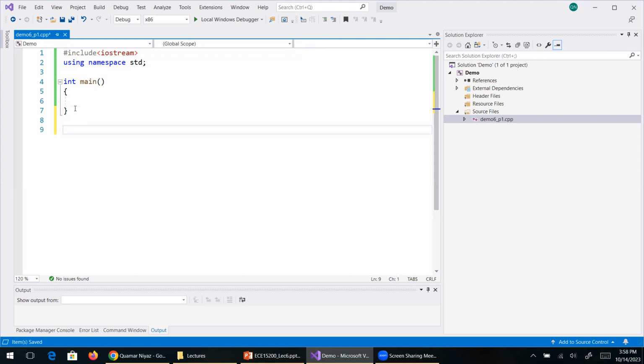Okay, so here to define the function, we should know what the return type of the function will be. So the function will return an integer or a float or a double or a char or a string, or it will return void, right? So we should basically have the return type of the function. So what we are going to do inside the function, based on that, we should know what the return type will be, right? So in this example, the function will take the hours, let's say we provide that in